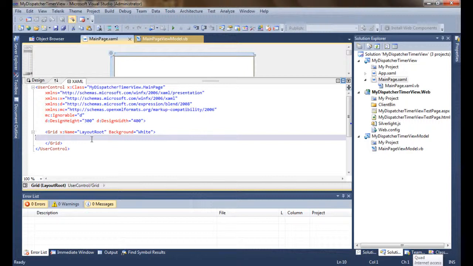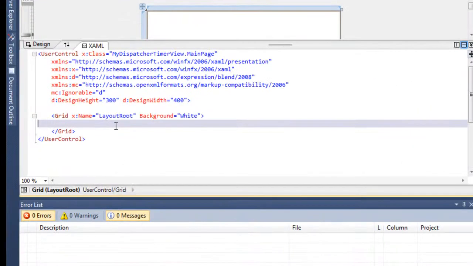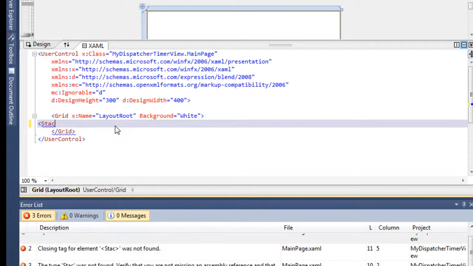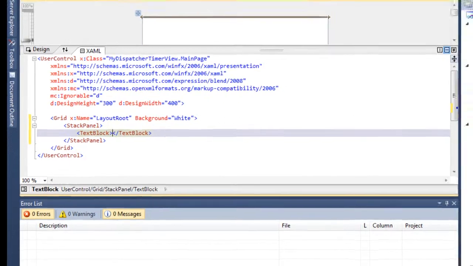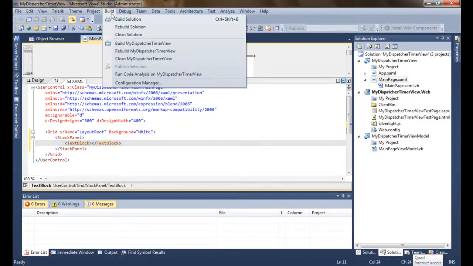That's the benefit the dispatcher timer provides. So I'll put a stack panel here first of all, and I'll put a text block.